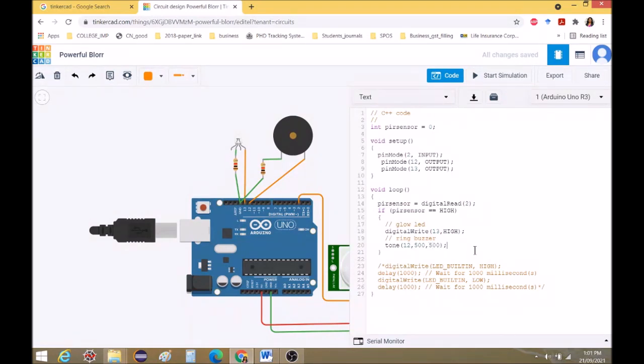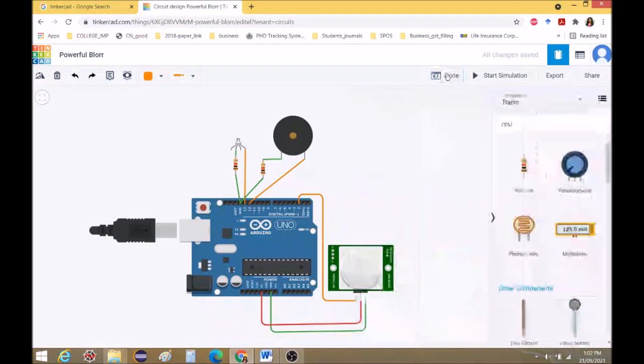For other conditions, we can keep this signal low, right? If no motion is detected, we can write this. So this is the basic thing which is needed. If high is detected, that means motion is detected, we are glowing the LED and ringing the buzzer. Now you can hide this code by clicking on code again, and you can click on start simulation.